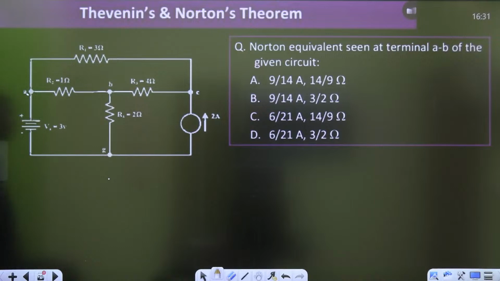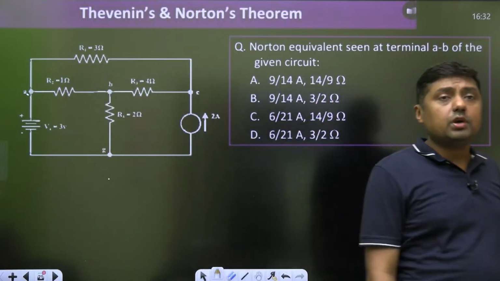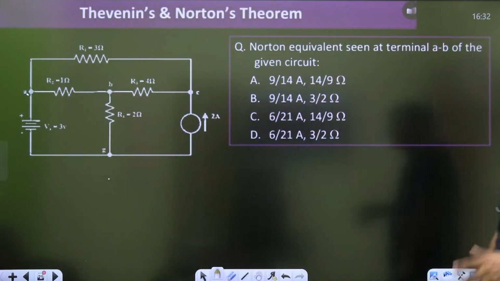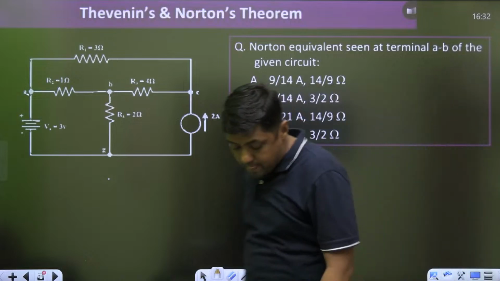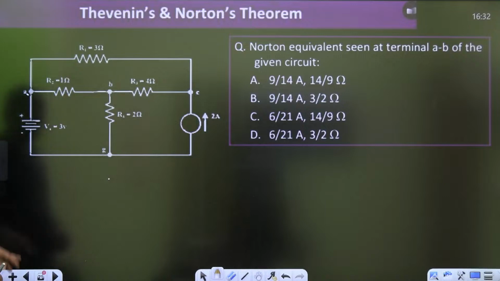तो यहाँ पे 14/9 और 3/2 ओम रजिस्टर दिया हुआ है. तो सबसे पहले आप रजिस्टर को वेरीफाई कर लो कि रजिस्टर की वैल्यू कैसे आ रही है. और इसमें एक और छोटी सी प्रॉब्लम है, इसको MSQ तो दे दिया है, लेकिन ये समझ नहीं आ रहा है कि ये R1 जो है वो RL है कि क्या है, क्योंकि अगर वो RL है तो उसको आप वहां से रिमूव कर सकते हो. राइट? लेकिन अब यहां पर देखो जरा, इस पॉइंट पर